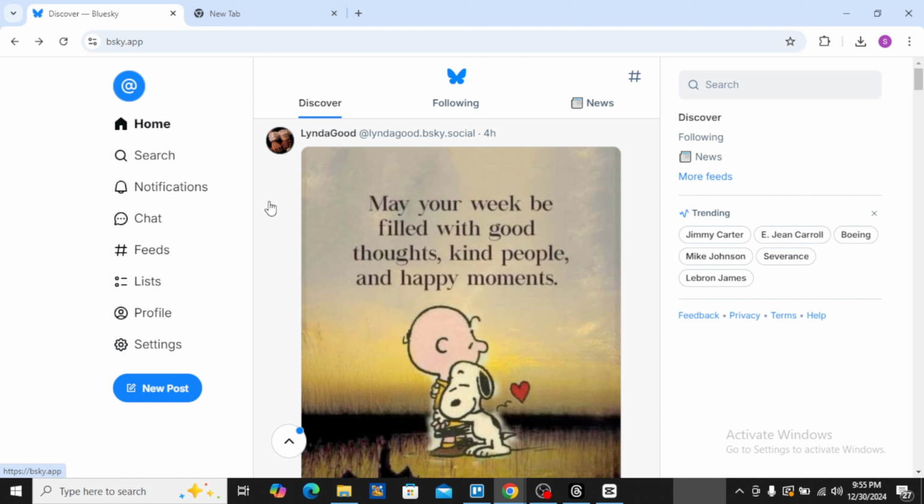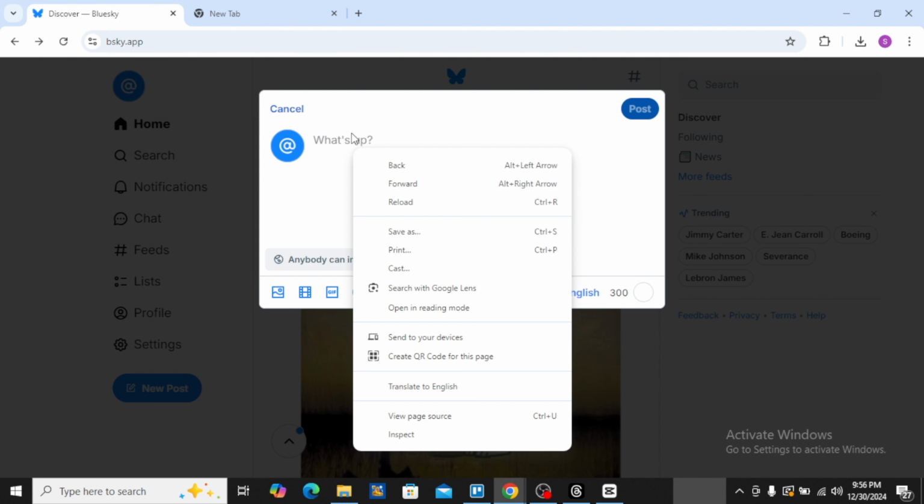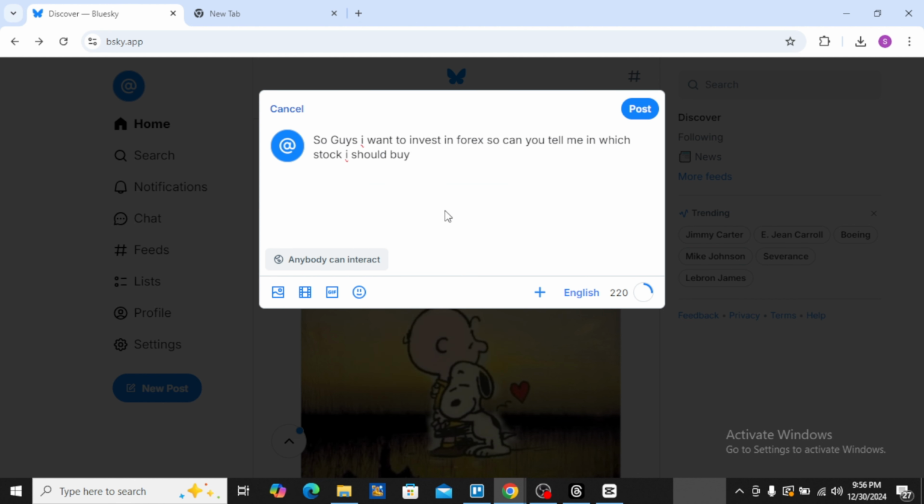So you can use clear prompts to encourage responses. For example, ask your followers for suggestions on a topic. Like if I just tap on a new post and add any question as an example, like if I ask them, so guys, I want to invest in forex, you can tell me in which stock I should buy. So it will help you with crowdsourcing ideas on Bluesky, or feedback on